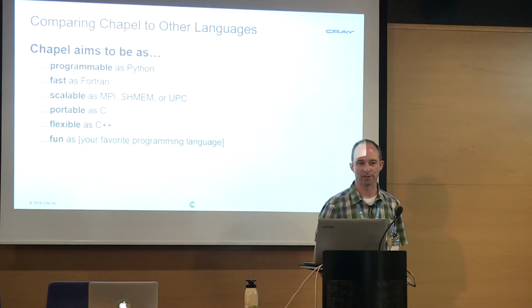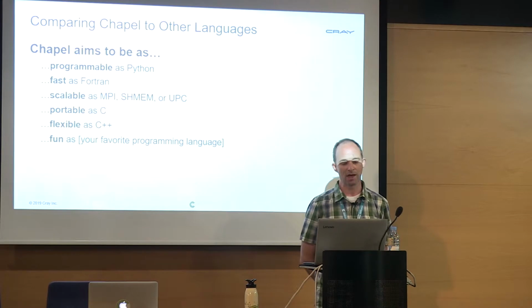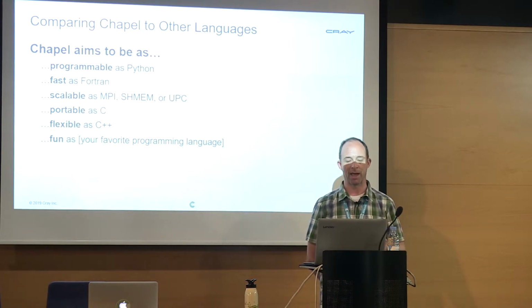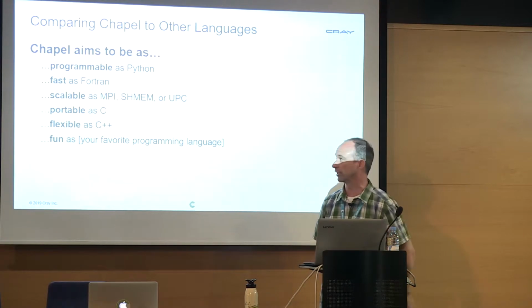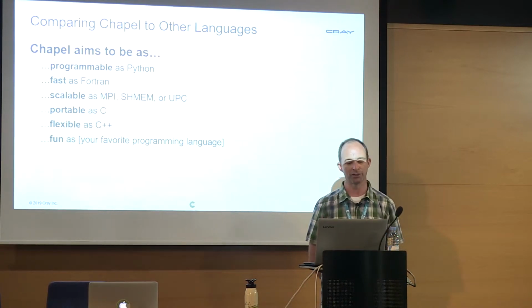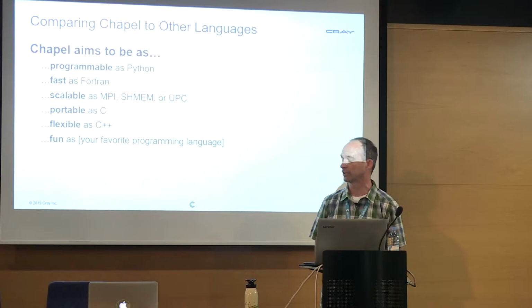So when we compare Chapel to other languages, there are a lot of themes in other languages that we've tried to capture in Chapel. And so you can view Chapel as trying to be the best of several different worlds. The first theme is programmability. And again, I think that's an area where we suffer a lot in HPC. I don't think we have really great ways to write code clearly and cleanly and make it easy to support and port and maintain over time.